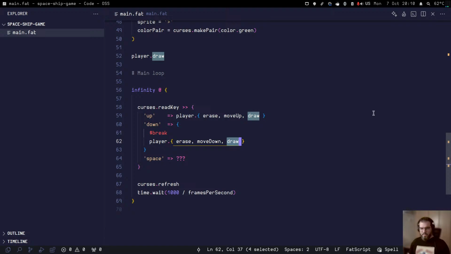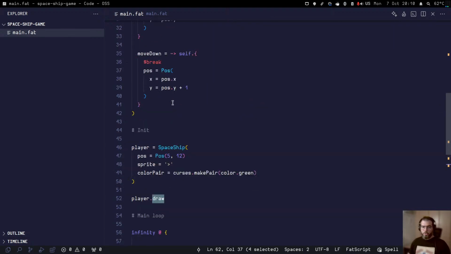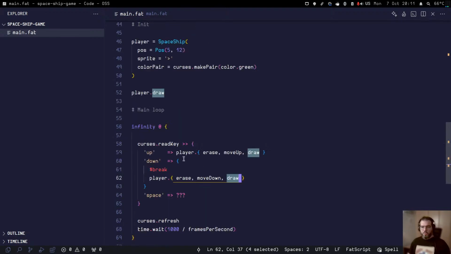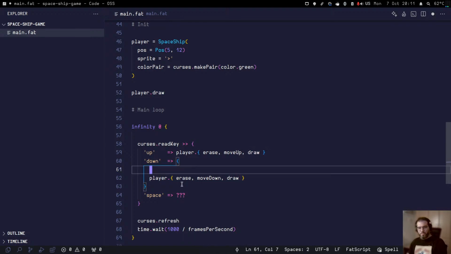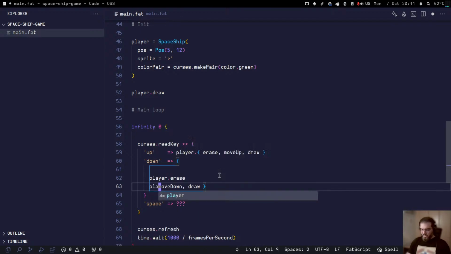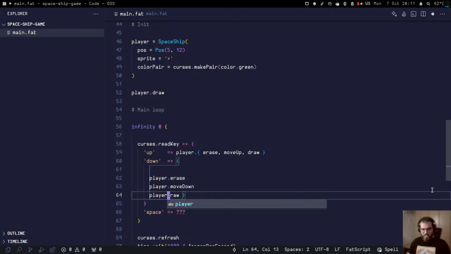I think I know why. The thing is, these are not properties of player. They are properties of the actual spaceship class. So maybe that's why. I will do something different here. I was trying to be very smart here, but maybe this won't work the way I wanted. So I'm just gonna say, okay, do it one by one. Player, move down, player, draw. And this should actually work